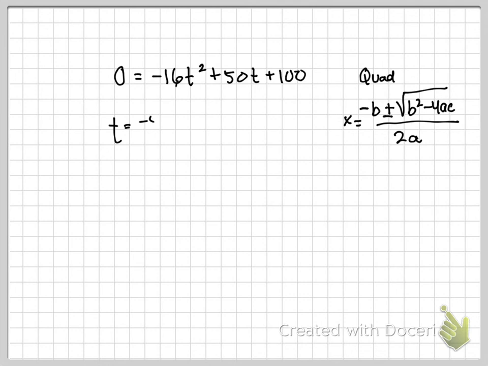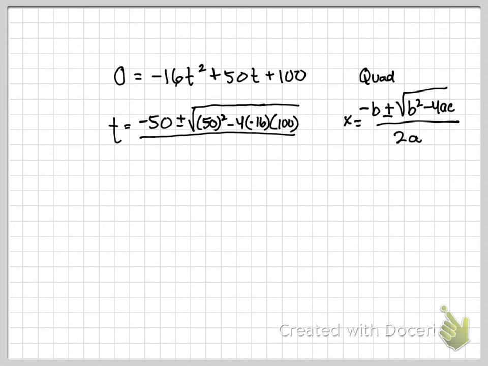So negative b is going to be negative 50 plus or minus the square root of 50 squared minus 4 times a, which is negative 16, times c, which is 100, all over 2 times a, which is negative 16. Okay, so if you plug all this in, it's going to look like this. T equals negative 50 plus or minus the square root of